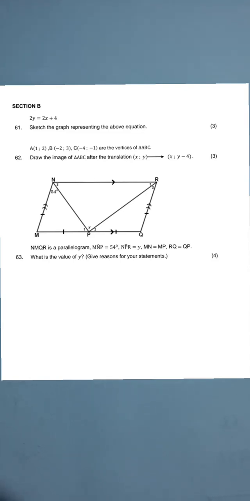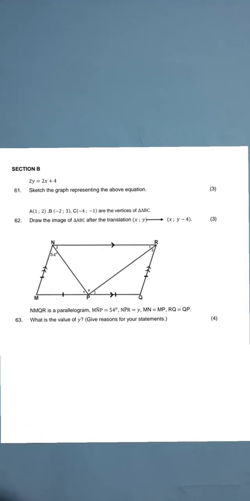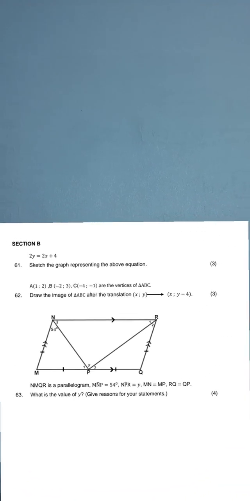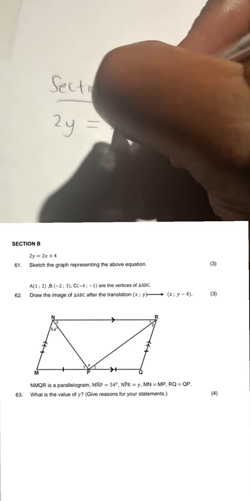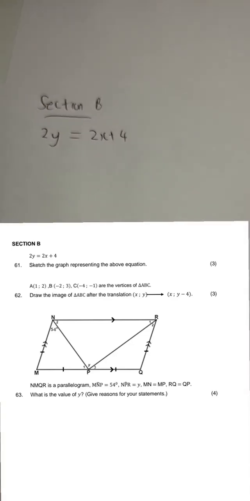Section B says 2y is equal to 2x plus 4. Sketch the graph representing the above information. Now, question 61 is a function or straight line graph question. That is a paper 1 aspect. Functions or straight line graphs are paper 1 aspect. Sketch the graph representing the above information. Guys, section B. If we say 2y is equal to 2x plus 4, all right,